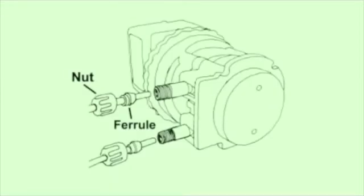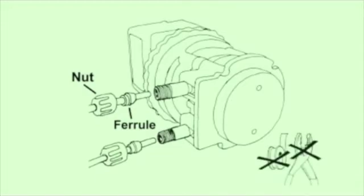The suction and discharge lines are installed to the pump tube fittings with a compression-type seal consisting of the connecting nut and ferrule. The beveled end of the ferrule faces the tube fitting, and the suction and discharge line should bottom into the tube fitting. The connecting nut is secured into the fitting finger tight only and not tightened with pliers or wrapped with thread